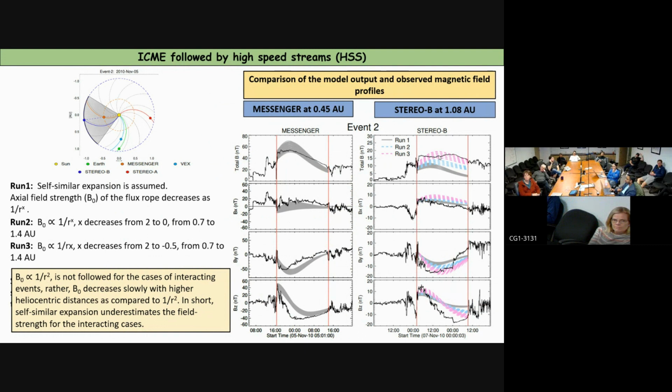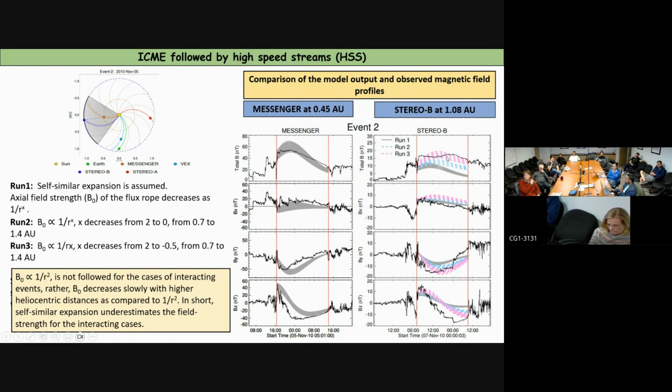Due to the pushing from the back by this high speed stream, it is not expanding self-similarly. That means it is not following the 1 by r square law. Instead, if we take this index r to the power x, this x is much lower than 2 for such cases. So what I did, I tried to decrease this exponent and came up with run 2 and run 3, where this exponent is less than 2. If it is lower than 2, then we could reproduce the field strength which is observed at STEREO